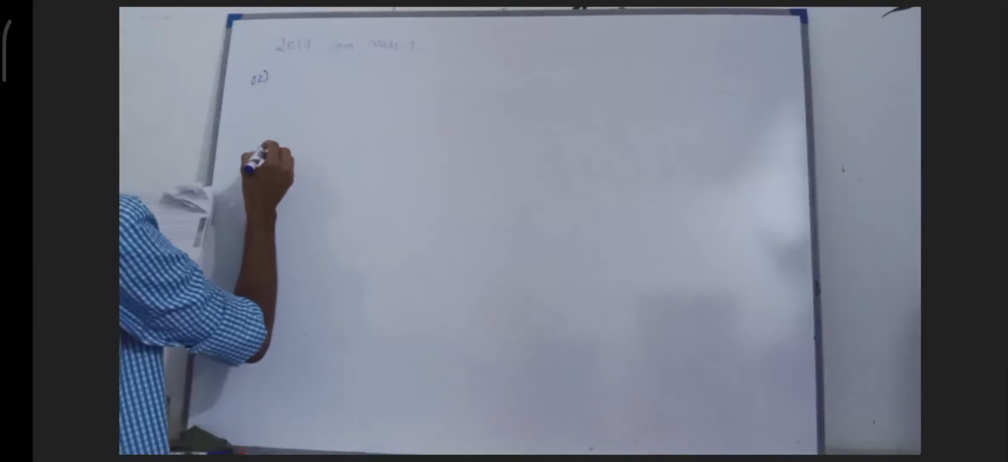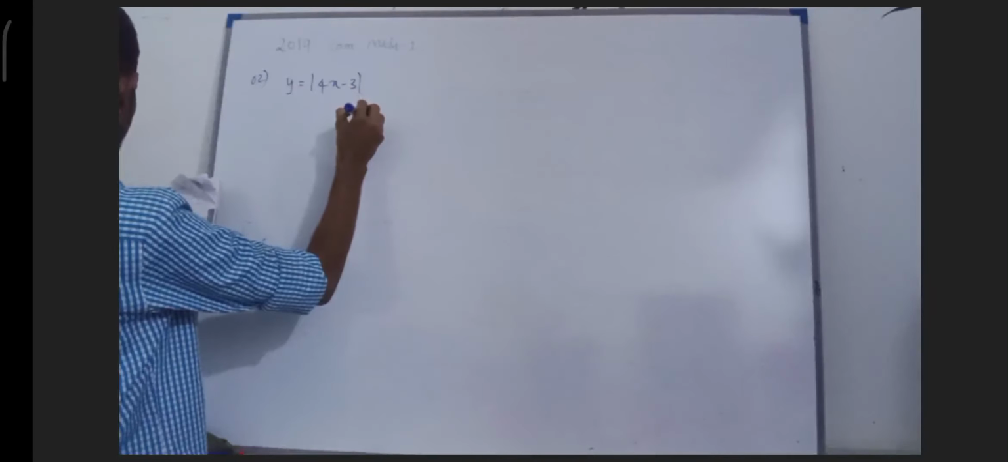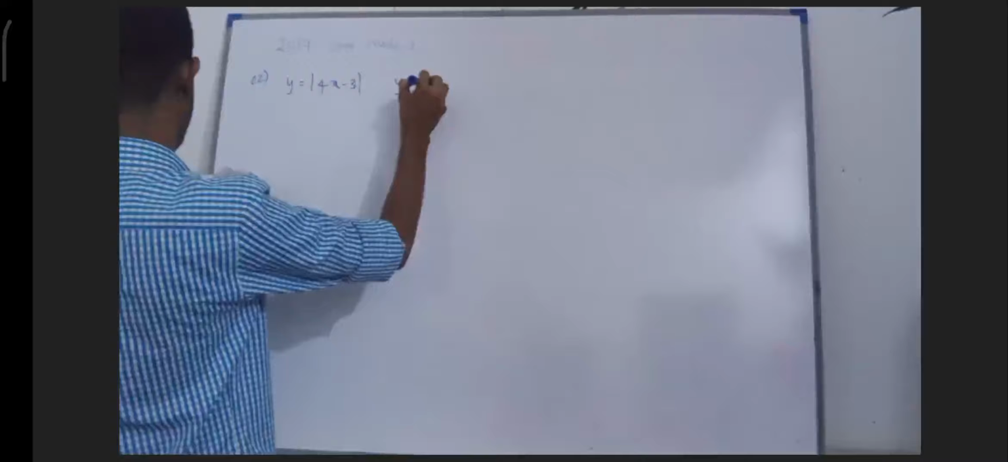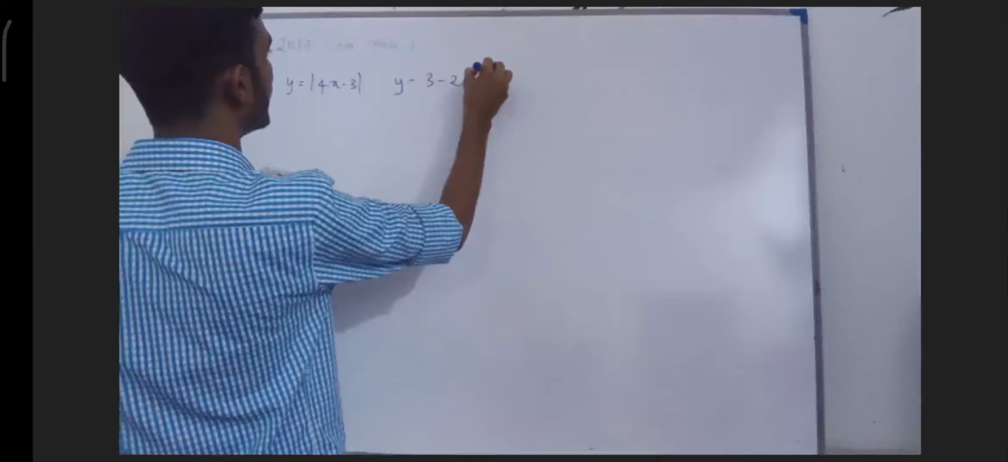Right. The second question says, sketch the graph of... Okay, now we will move to the second question. Second question: sketch the graph of y is equal to mod of 4x minus 3, y is equal to mod of 4x minus 3, and y is equal to 3 minus 2 mod of x